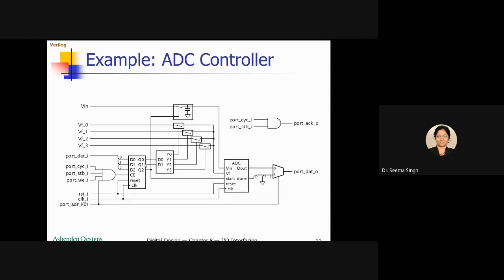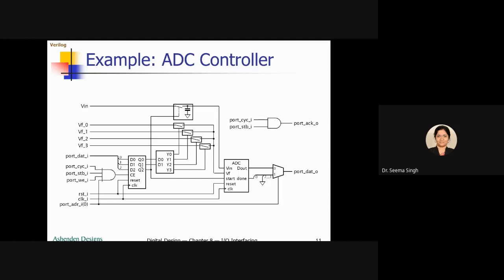The Q0 and Q1 are 2 bits which make Y0 to Y3, controlling it to give you different levels of the reference voltage. So these 4 levels of reference voltage go to VF, the reference voltage input of your ADC, which is governed by these 2 bits Q0 and Q1.